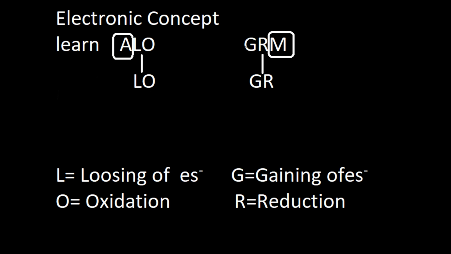Come to now GR. G for gaining of electrons and R for reduction. Here same explanation I am giving, that you focus only on gaining of electrons, either gained by metal or non-metal in the form of anions. Normally gain is done by non-metals to form an anion, and metals gain electrons in the form of cations. A cation can gain electrons to form a neutral atom. So we think only on gaining of electrons. See the examples for clearing the concepts in detail.